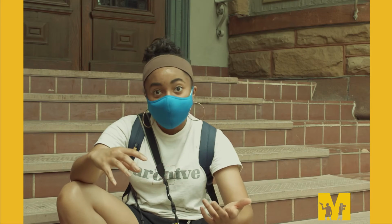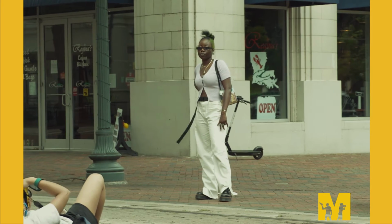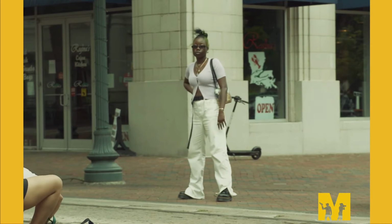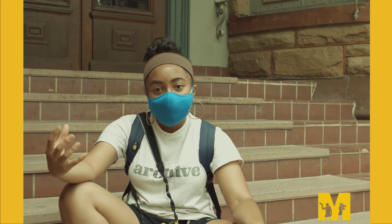Sometimes I've already scouted somewhere from the past, because I actually take a lot of streets when I drive places versus the expressway. So I look at it that way. I get the model, find the fit, find the location, and a lot of times I have some things in mind as far as inspiration from other photographers,